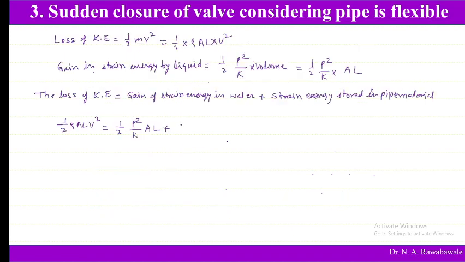So now half is everywhere, so this half is cancelled. We get A everywhere, and L is there everywhere, so L is cancelled. So what we get here is rho V square is equal to P square divided by K